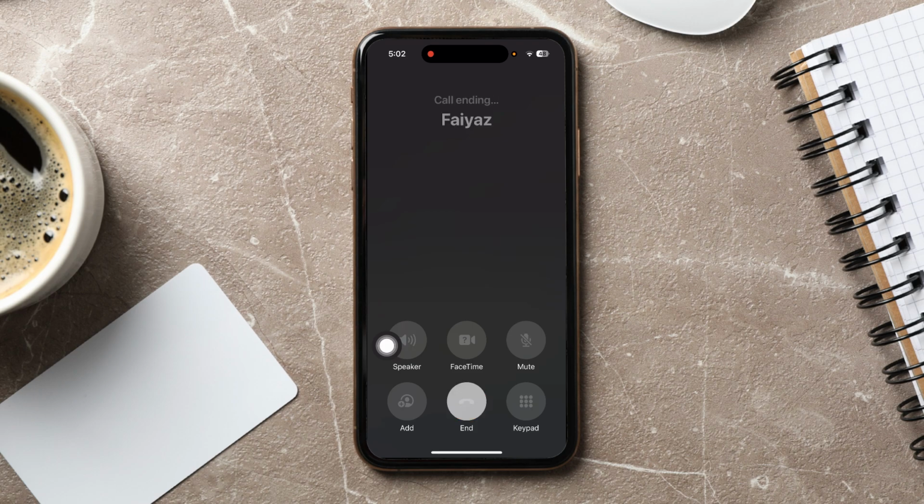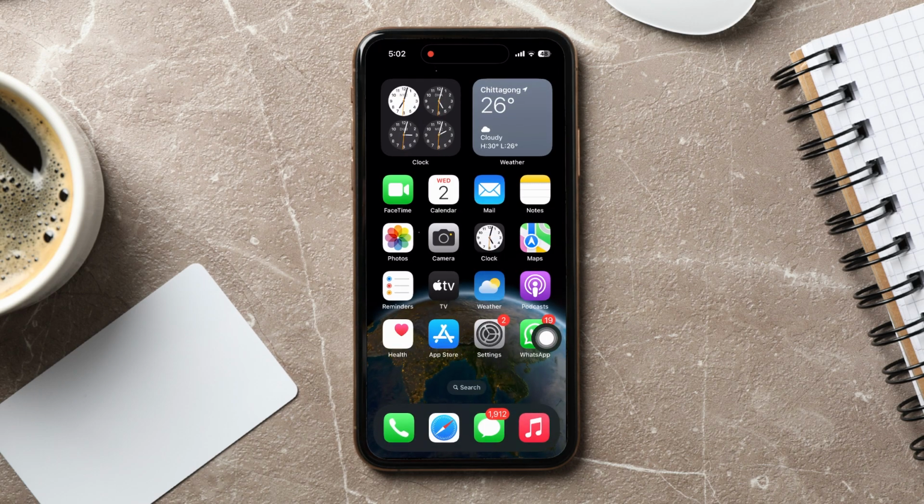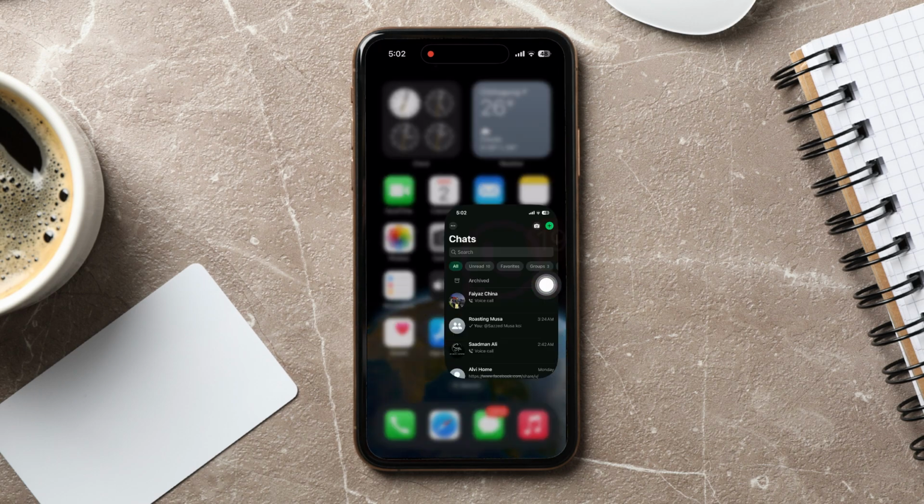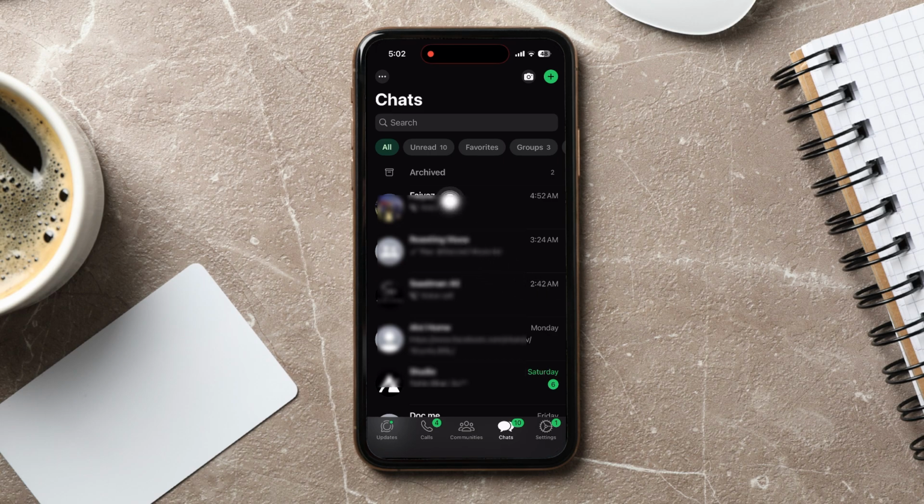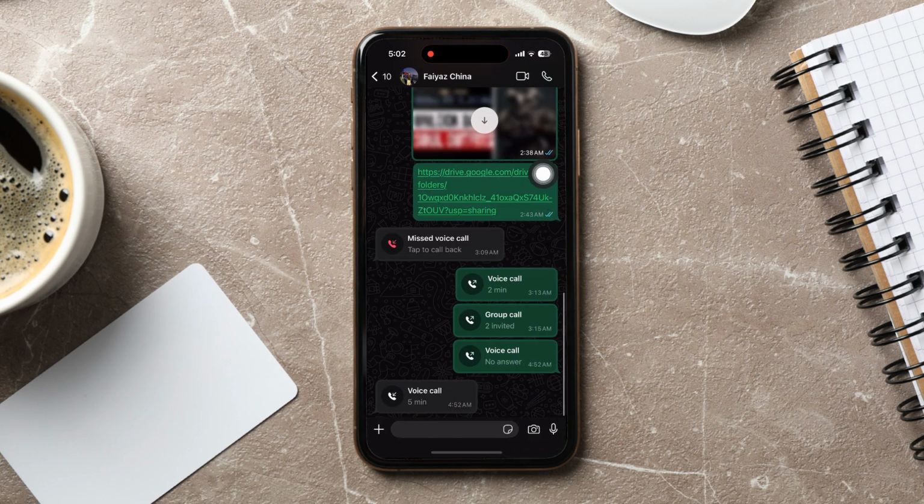Now, go back and open up the WhatsApp application. In the Chats page, find and open their chat. Once you're here, go to the top right corner and tap on the call icon to call them on WhatsApp